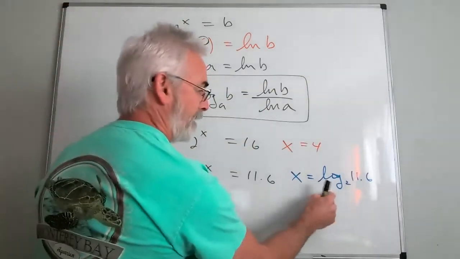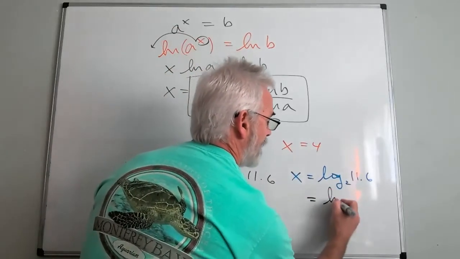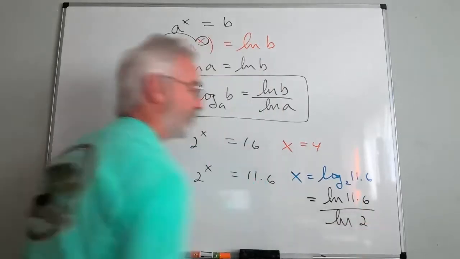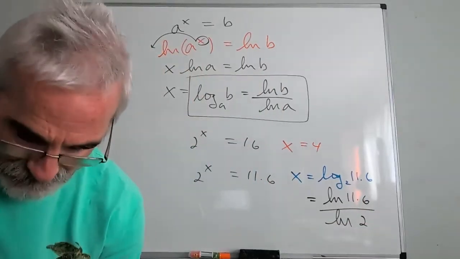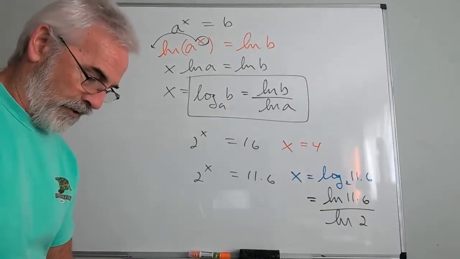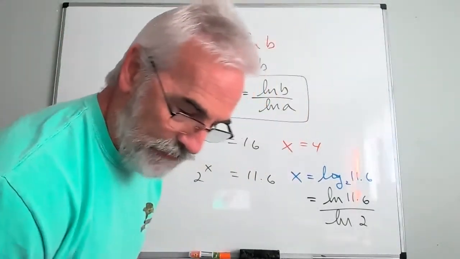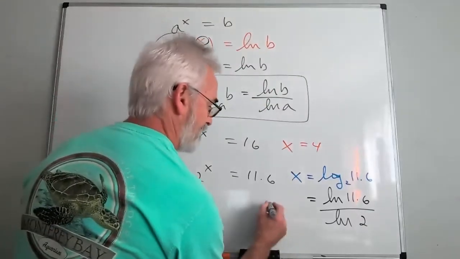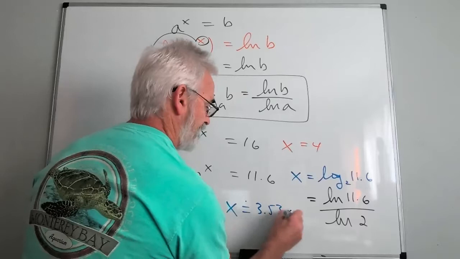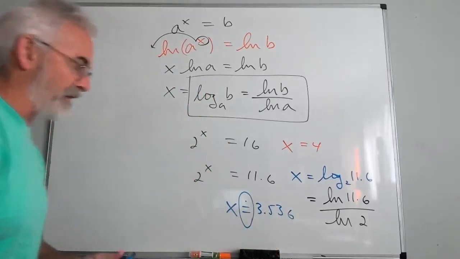So going back to here, I want to do this on a cheap calculator. All I got to do is say natural log 11.6 over natural log 2. Now, when I do that on my calculator, log 11.6 over log 2, my calculator says it's approximately 3.536. All right. I'm doing this partly to introduce a symbol that you should all be familiar with, but you might not